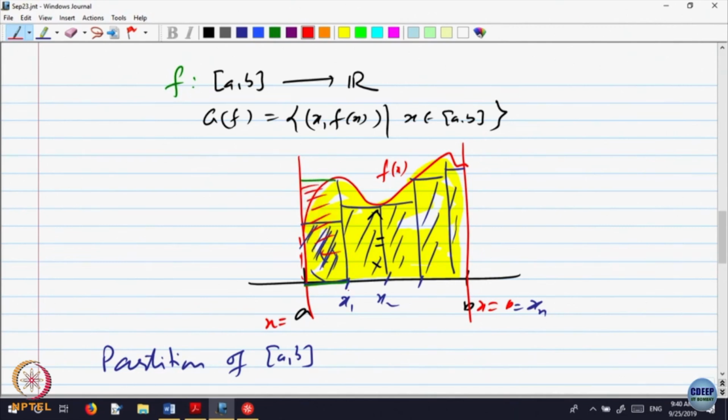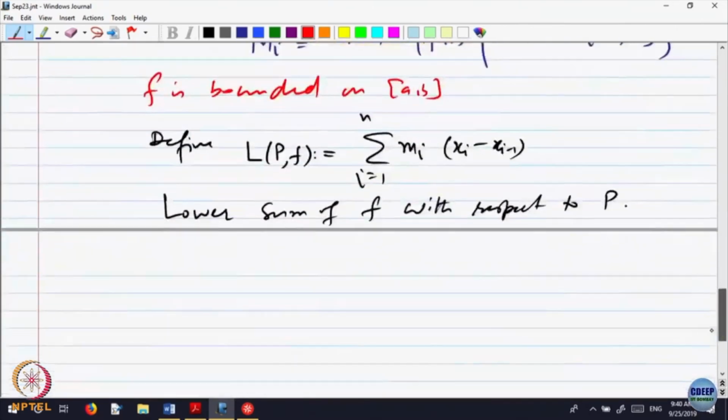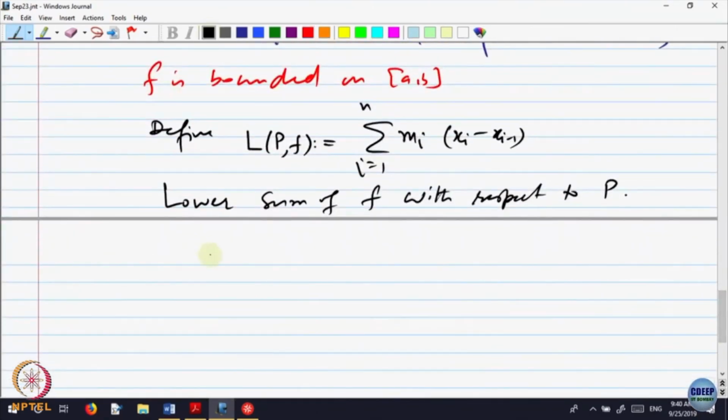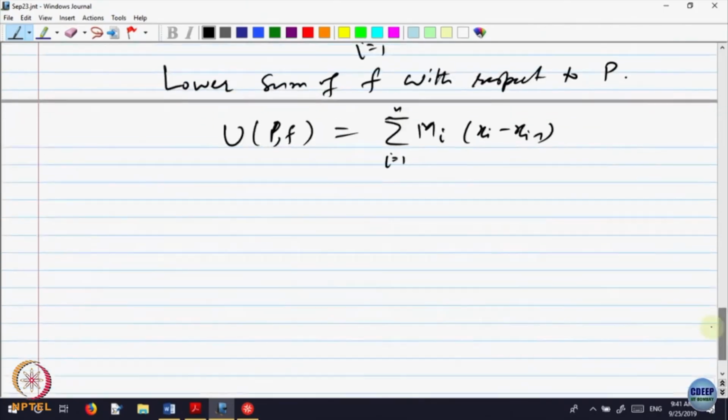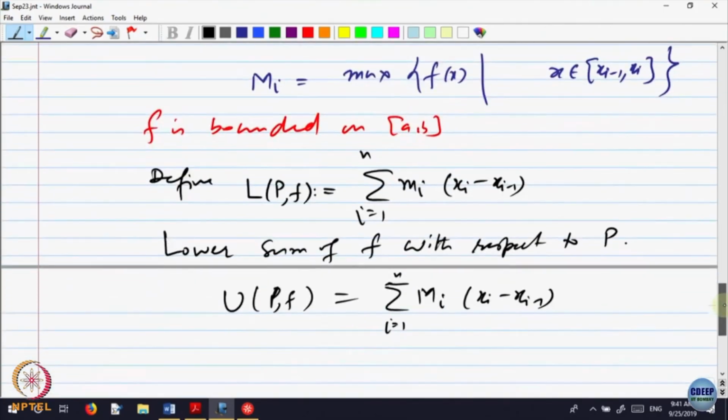So that will estimate the area below the graph of the function, but slightly overestimate, right? So let us do that also. So define what is called the upper sum. So capital Mi, that is the maximum value, times the length of the interval. Right? So intuitively,